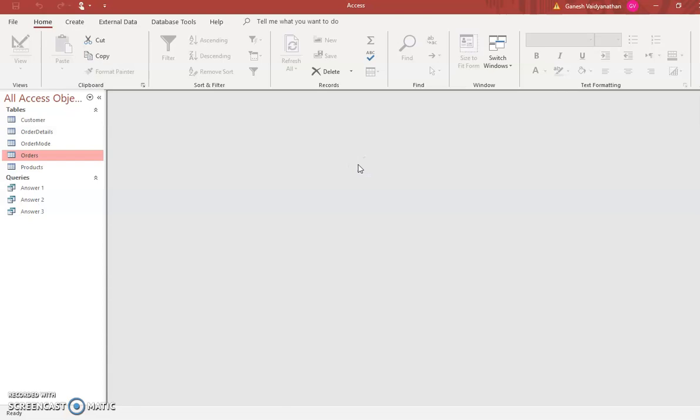So I've done 3 queries. The fourth query that I'm looking for from the question paper is, what is the total revenue from all orders? Now, total